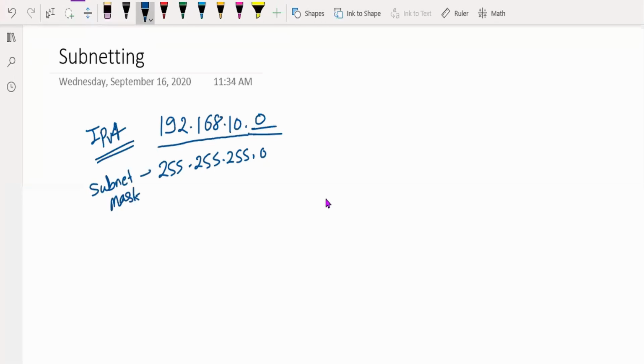Okay. If I'm writing my IP address in this way, this is my network ID, and this network ID you can't give to any host. This is an identification of your network only. Like if your host IP version 4 address is 192.168.10.4, then that host belongs to the 192.168.10.0 network ID.